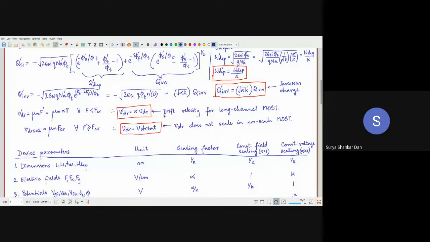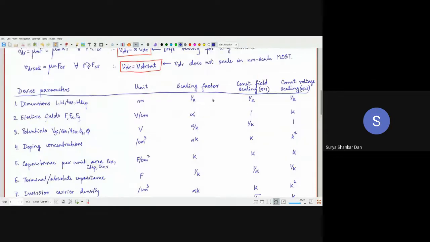Whereas if it is for a long channel MOS transistor, so that means when you are scaling from 180 nanometer to, let us say, 130 nanometer. Okay. So scaling doesn't always mean that you are dealing with 10 nanometers only. When we are in the large device, long channel device, there also you will be getting scaling. Correct. So when you are scaling from 250 nanometer to 180 nanometer technology node, then you are going to have this alpha into VDR. So the scaling factor is alpha.